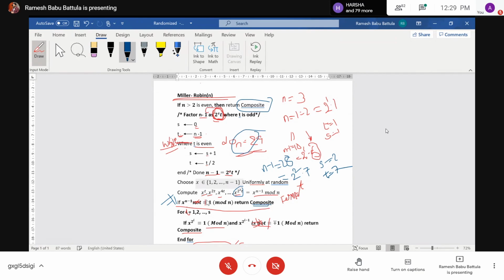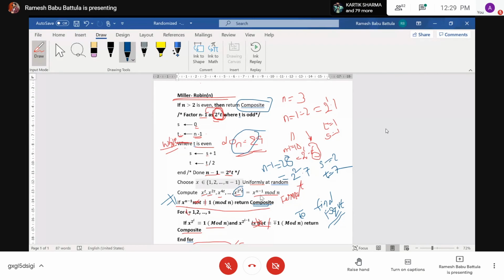If it is going to be congruent to 1, it means it is probably prime. Again, it's a probably prime. That's why we are checking over here. Why are we checking over here? To find the fake square roots. Fake SQRT, I'm just writing for my simplification. We are going to find fake square root values for that purpose.